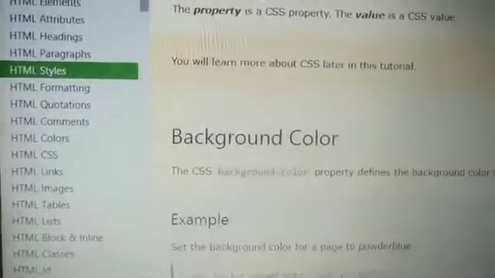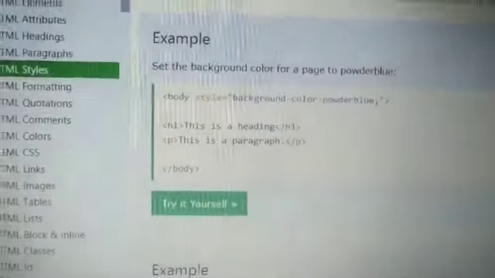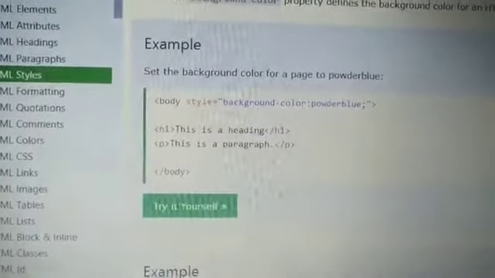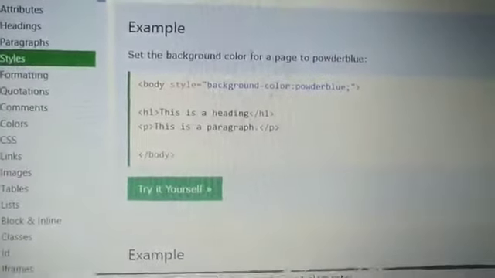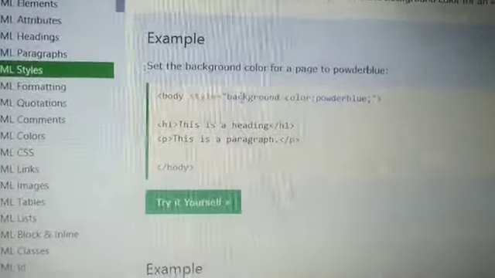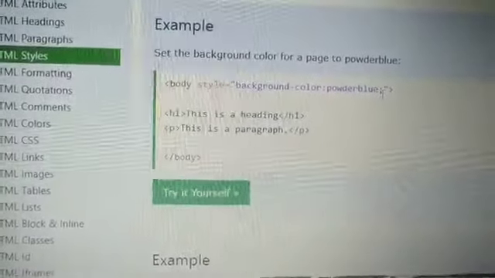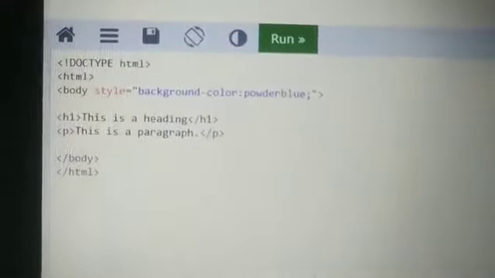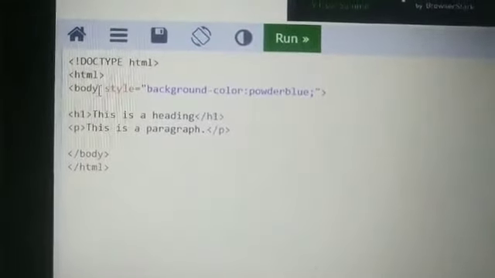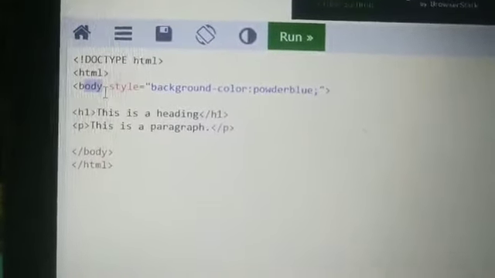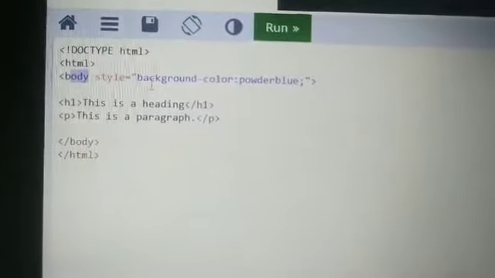In this way. Next one is the background color. Suppose here I am changing the text color, but if you want to change the background, then you have to use the BG color or background. Directly you can write the background color, and you have to mention the color as well. BG color must be used under the body tag, nowhere else. You have to use it under the body tag.